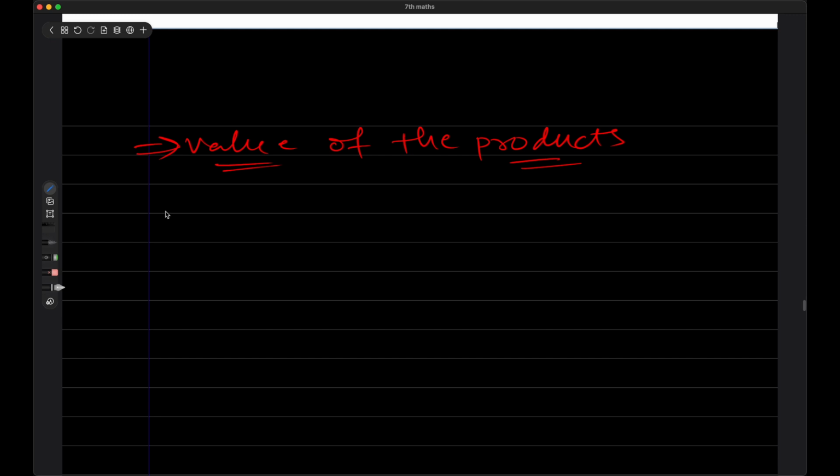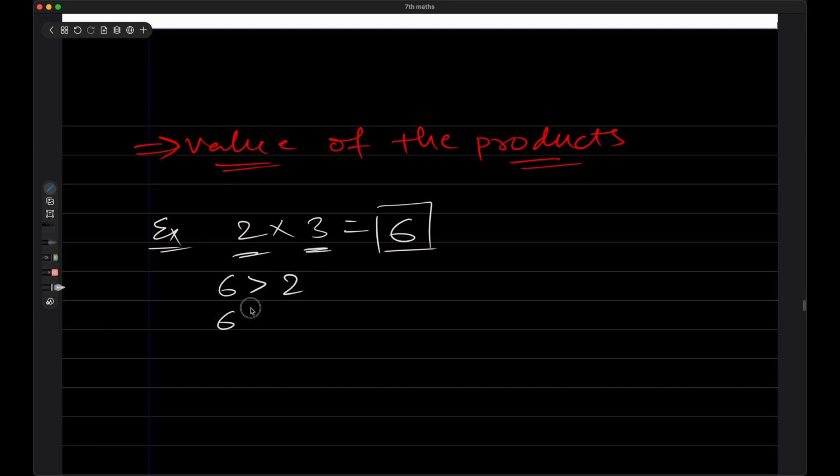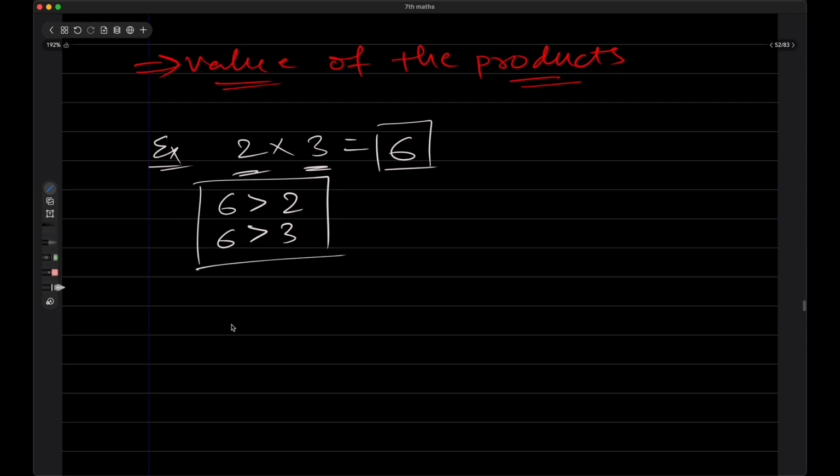If we start with natural numbers, for example if I write 2 into 3 that is equal to 6, we get the product as 6, where 6 is greater than 2, that is, both the natural numbers. 6 is also greater than 3. Why? Because we know that in a number line,